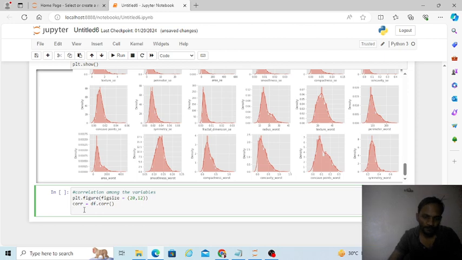and mask is equal to np dot true. This function will represent half of the triangle of df because both the sides are having same values. So we will print half of the heat map. So np dot trio, np dot ones like